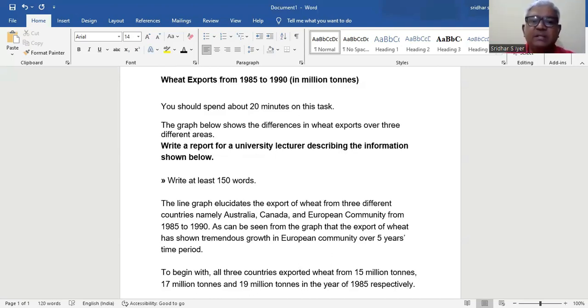Okay, whenever I'm saying something that corresponds one country from another, then you have to say respectively, because to begin with, all three countries exported wheat from 15 million tons, 17 million tons and 19 million tons in the year of 1985,